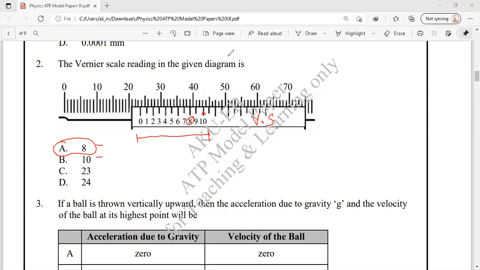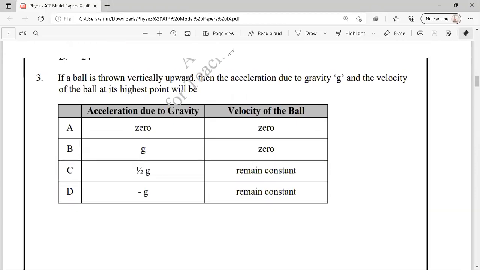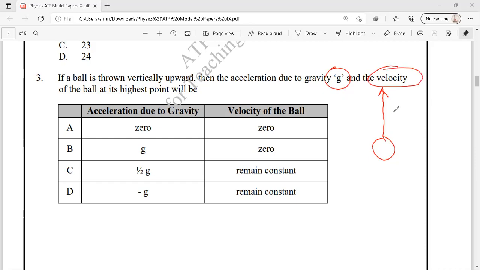नेक्स्ट वी हैव क्वेश्चन नंबर 3. एंड इन क्वेश्चन नंबर 3, if a ball is thrown vertically upward, एक बॉल है जिसे हम ऊपर की तरफ थ्रो कर रहे हैं. Then the acceleration due to gravity g and the velocity of the ball at the highest point. So when this ball reaches at the highest point, we know that उसकी बॉडी की फाइनल वेलोसिटी 0 हो जाती है,